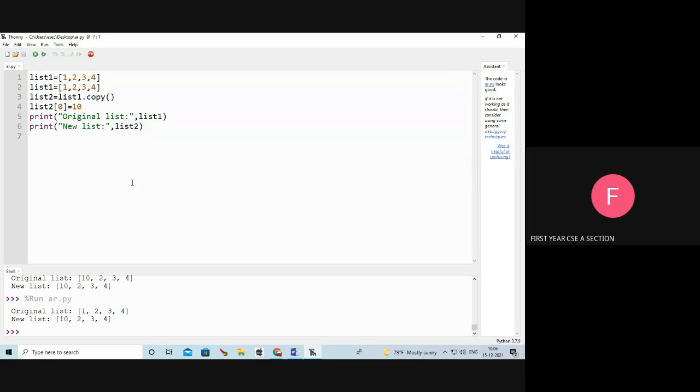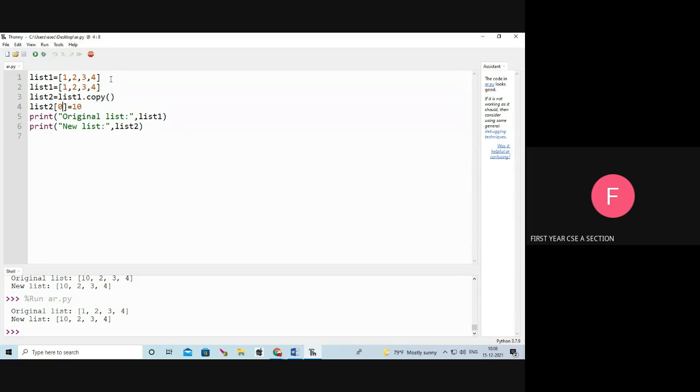Here, see, list 2 equal to list 1 dot copy function. If I change list 2 of 0 to 10, it will reflect only in list 2. It will not reflect the changes in list 1. See the output. Original list 1 is the same, 1 2 3 4, but the new list 2 is changed at the 0th position to 10.